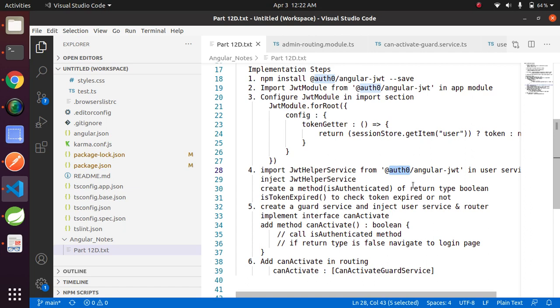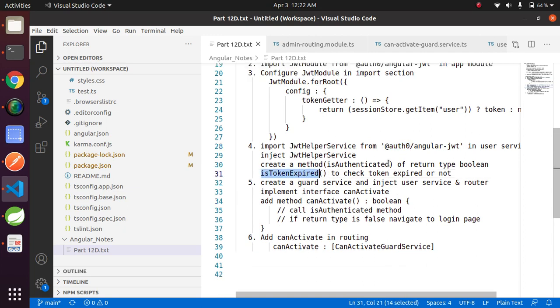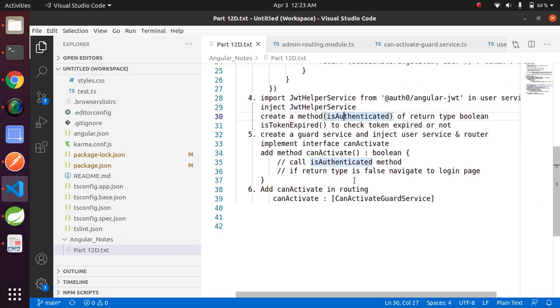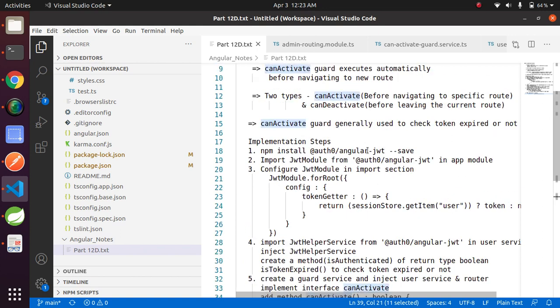Then in your login service, whatever service you have created for login, call this method isTokenExpired to check whether the token is expired or not, and then create a guard service, and inside that service add the method canActivate and call the method that you have created in the login service to check whether the session has expired or not, and then finally enable the guard for the routes, whatever routes you want to secure. Just 6 simple steps to implement a guard in Angular.